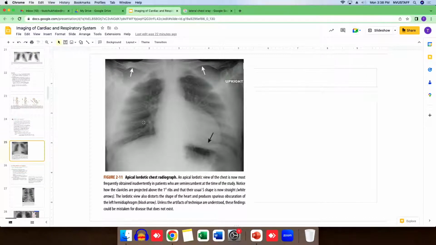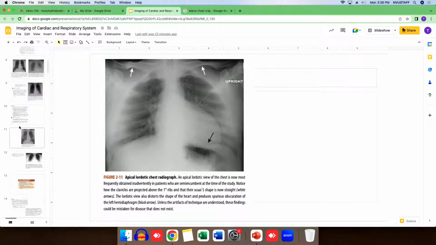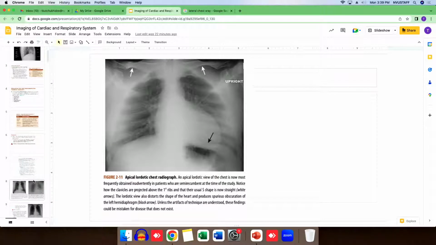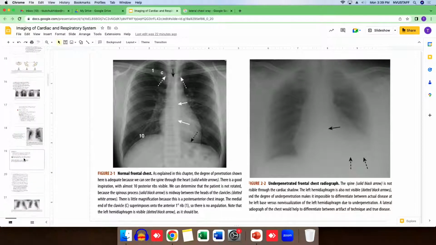This one? So, I was talking about the apical lordotic chest radiograph, and I was saying that as you see, we have more beam going to the apical side, and that's why we see our clavicle S shape really well, right? In the normal chest X-ray, we won't see our clavicles that well demarcated, for example, here or here, right? That's why also